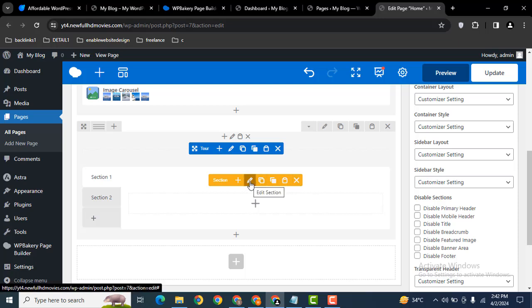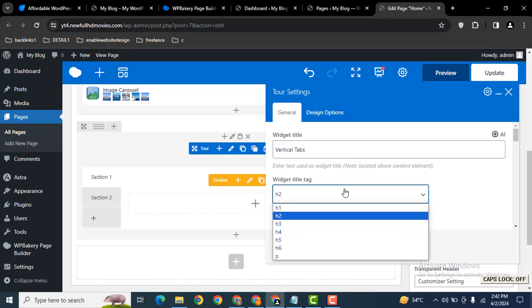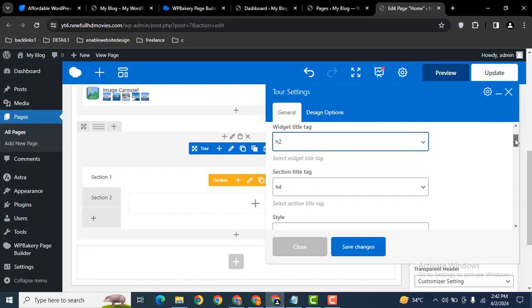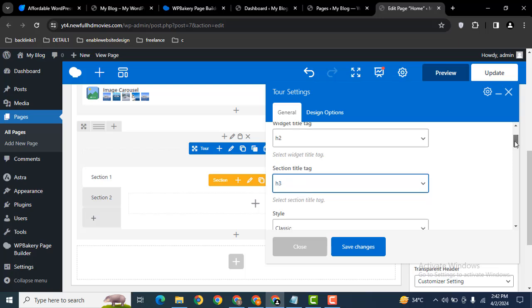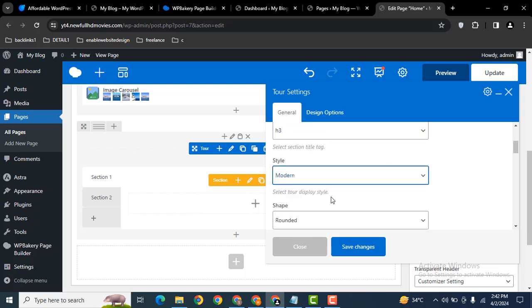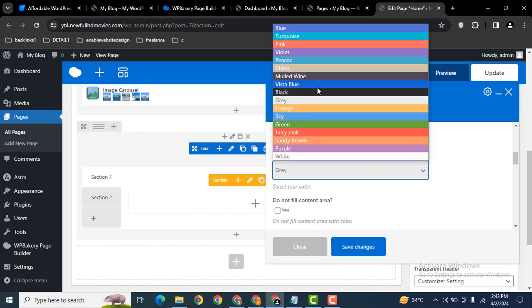After that, click here on the section settings as well as the tour settings. So let's first add for the parent, the tour settings. Here you can add, for example, a title, Vertical Tabs. Then here you can select the heading tag H2, H3 and H4, and this is for the title tag. Let me select H3. Then for the style you can select classic, modern, whatever you want. Then for the shape you can select rounded, square, whatever you want. Then select color, let me select a different color,